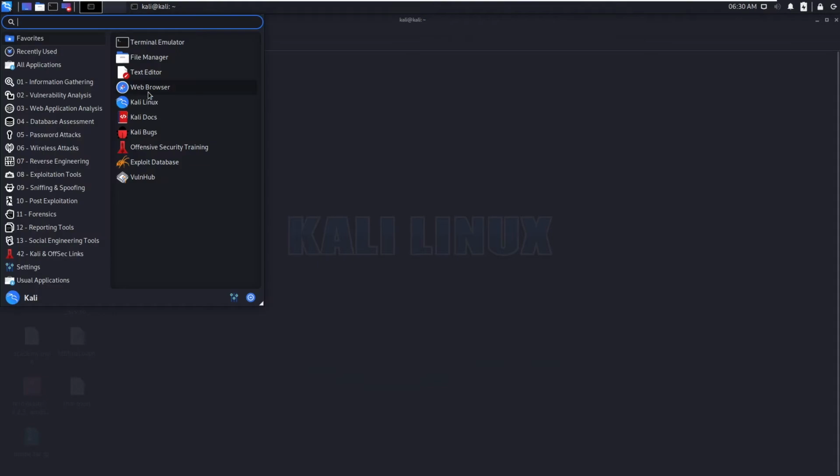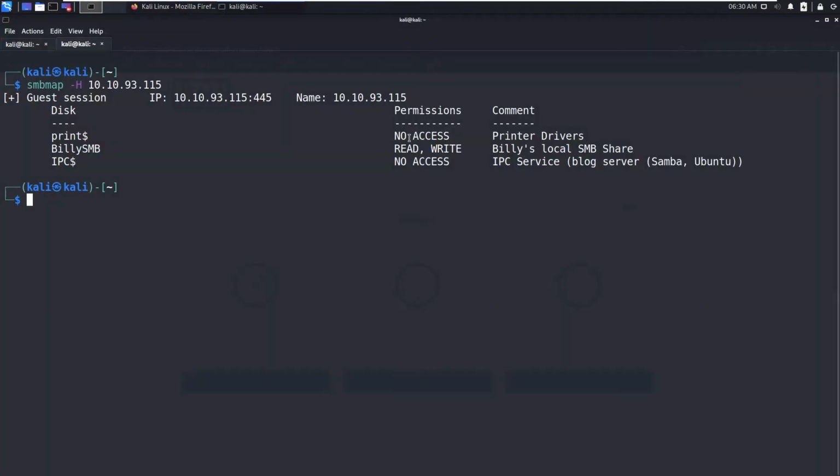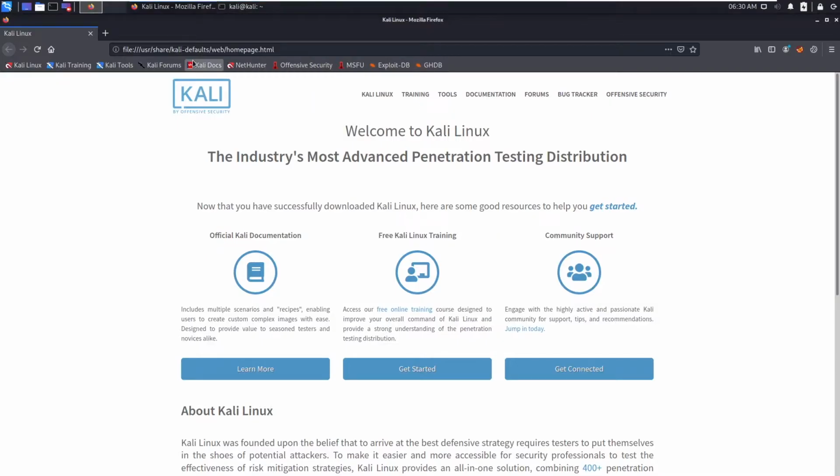Meanwhile, let's open the web browser. It takes some time. So you can see the print has no access, and we have read write access to BillySMB. So let's use smbclient with backslashes and then BillySMB. Meanwhile, let's go to the browser and open this website.